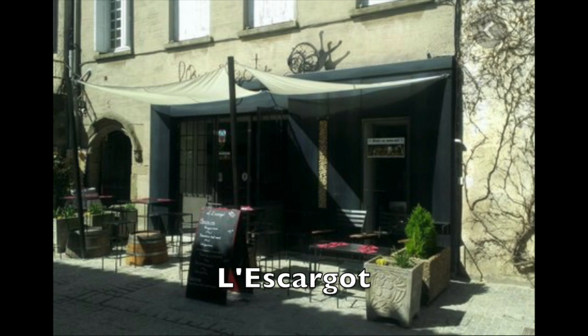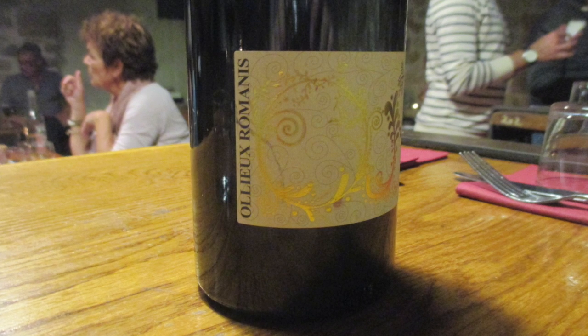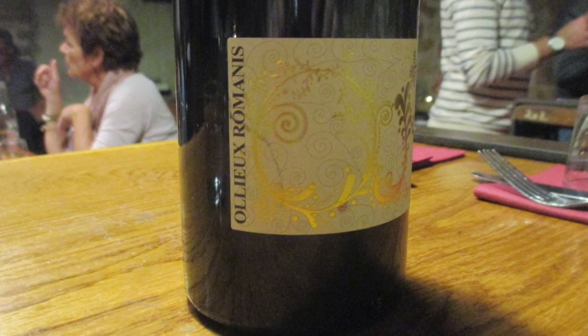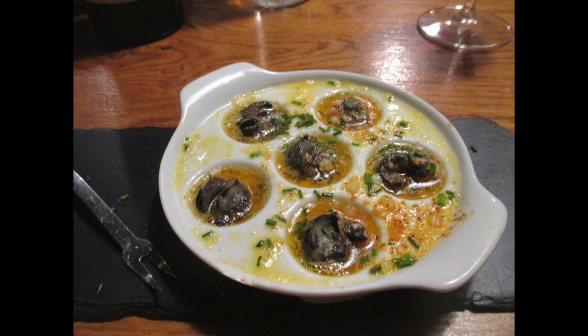This restaurant was maybe a 2-minute walk from our hotel, seating outside, but not at this time of the year, as well as inside and downstairs, and we are downstairs. The restaurant is both a tapas restaurant and a wine bar, and serves regional cuisine as well as local wine and many different beers. Since the name of the restaurant is escargot, we started off with the escargot,